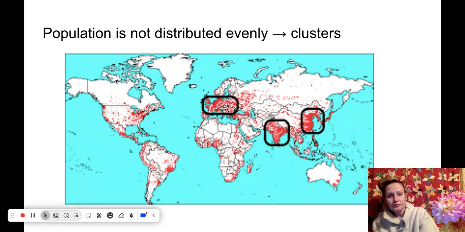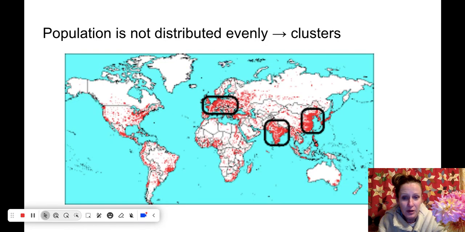All right, so it may seem obvious that the population is not distributed evenly throughout the world. Look at this dot population density map. There are three main global clusters in the world, and there's also a fourth one we'll discuss. So, where are these clusters? There's a European cluster of the population. There's a Southeast Asia cluster, like India and the surrounding area. And there's also an East Asia cluster of the population, so think like Eastern China.